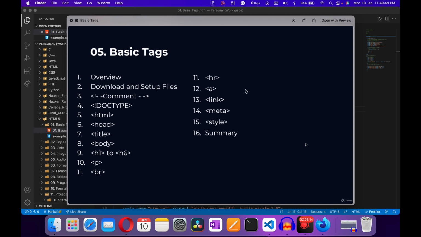After that link is used to link your external sheets or style sheets or external resources. After that meta contains all the important information about your web page or document. After that style is used to style your HTML document, and lastly the summary. So these are some basic tags which we have covered right here.